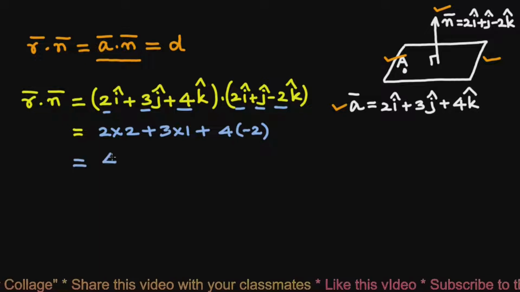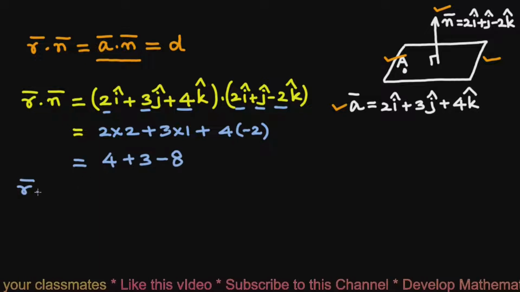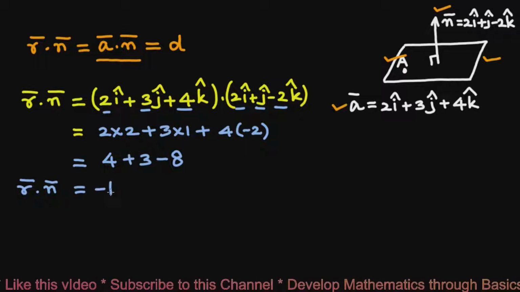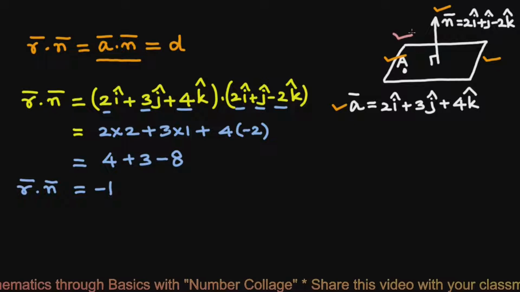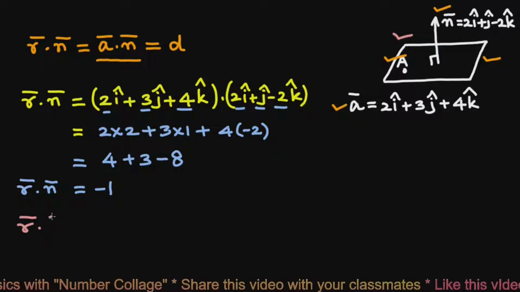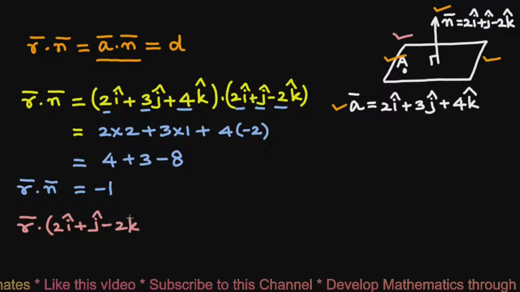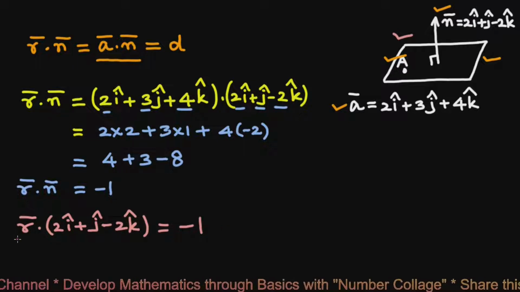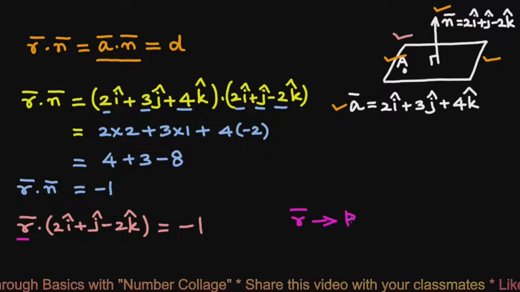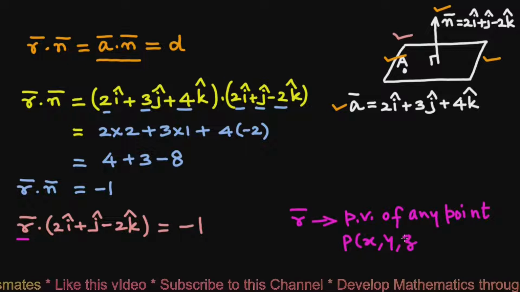That will be 4 plus 3 minus 8. So we get r bar dot n bar equals minus 1. So the vector equation of this plane will be r bar dot (2 i cap plus j cap minus 2 k cap) equals minus 1, where r bar is the position vector of any point P (x, y, z) on